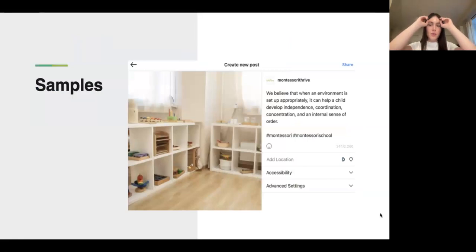Here are just some samples of posts. Make sure the pictures are not blurry, that they're clean. You don't have to have a bunch of pictures of just students. I know it can be difficult posting. Some parents are particular about privacy, so you can always post your shelves, things like this. Again, the caption isn't too long, and you can include hashtags. I recommend including more hashtags than the sample here, but keep it short and sweet. The caption should not take you too long to write.